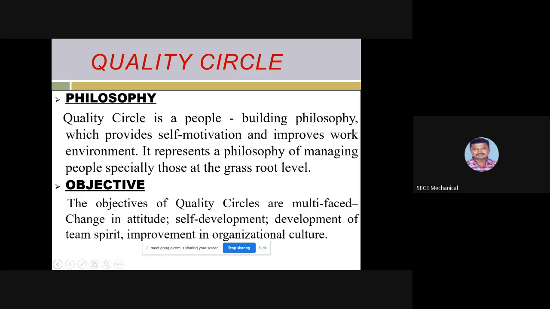The use of quality circles then spread beyond Japan. Quality circles have been implemented even in educational sectors. In India,